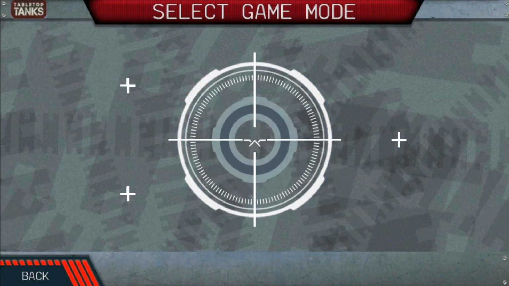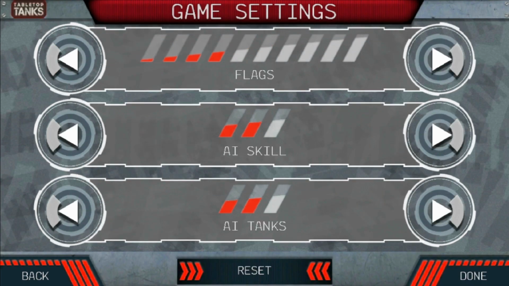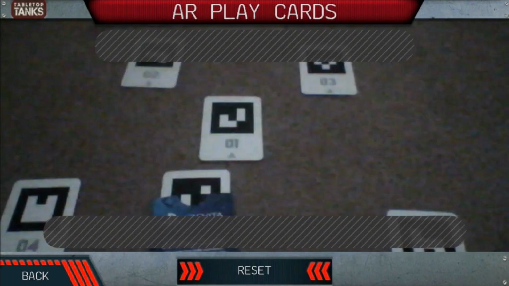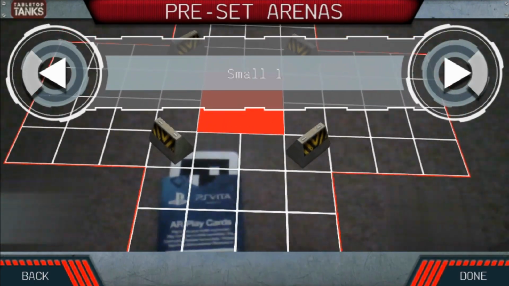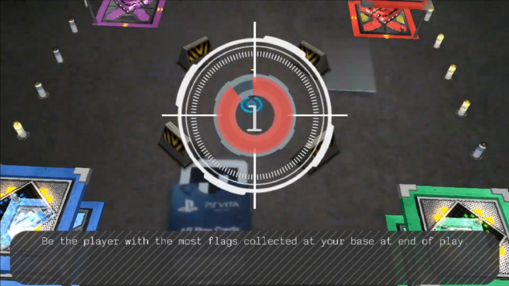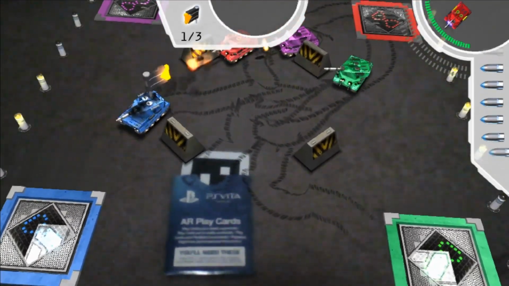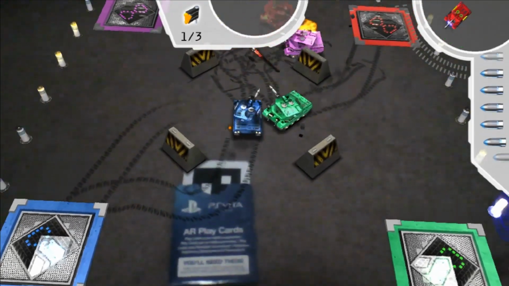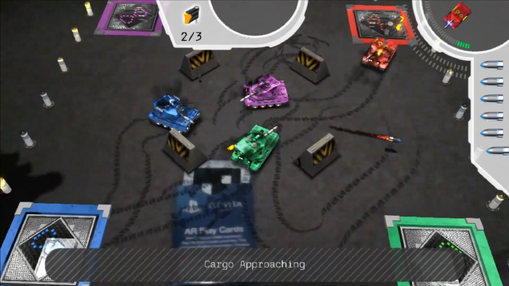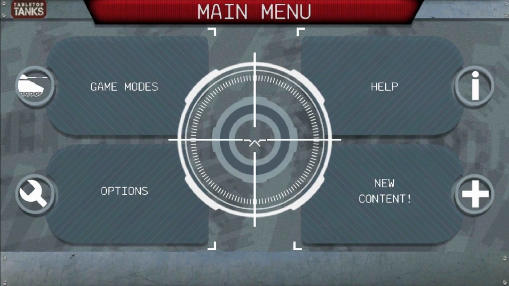Alright, so what's the actual take on capture the flag? Oh, it's the same thing as the last game. As the challenges, I should say. So yeah, everyone just gets a... yeah. Be the player with the most flags collected at your base at end of play. So I take a flag and I run away with it. Well, that was really easy. They were so focused on each other that they didn't even want to focus on me. Although, to be fair, Blue did get a couple of flags there, so...